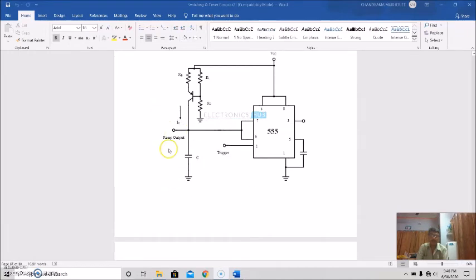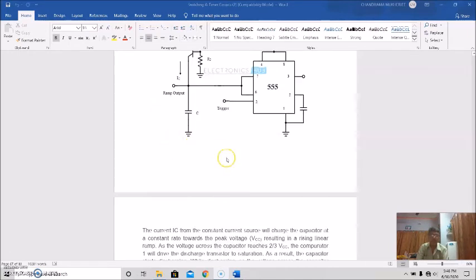This is the current IC. The constant current source will charge the capacitor. This will charge the capacitor at a constant rate towards the peak voltage VCC, resulting in a rising linear